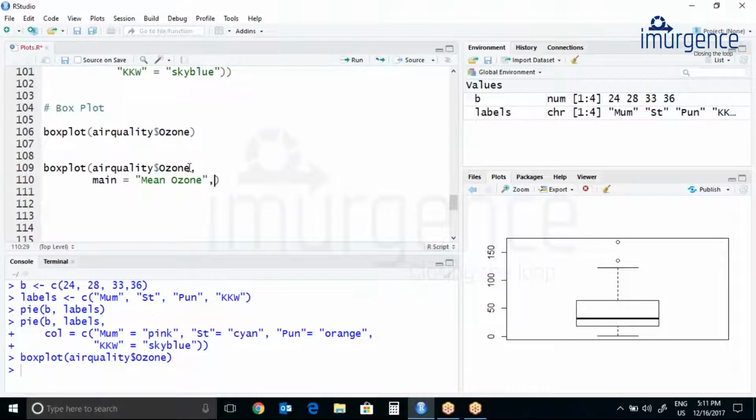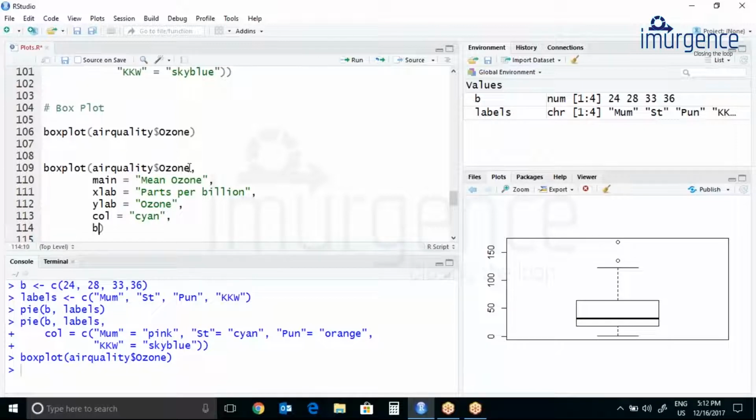Then let's add a comma, then xlab equals to, then we have a comma, then let's add ylab equals to ozone, then again comma, col equals to, let's use cyan.